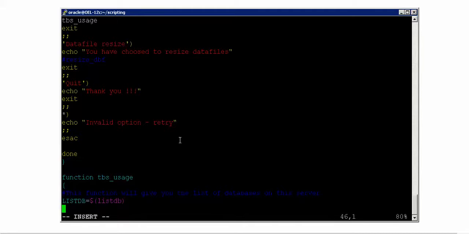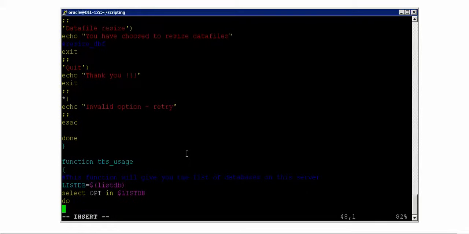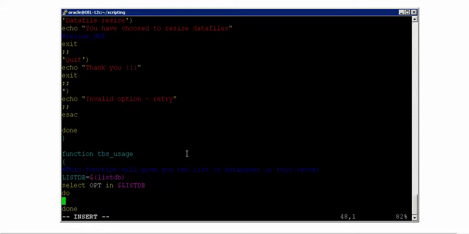Okay, that's fine. listDB has to be executed. Now what I'll do is write a select statement, write a select statement opt in $list_db. Now I should ask the user, do and done, and they have to be able to select from this.